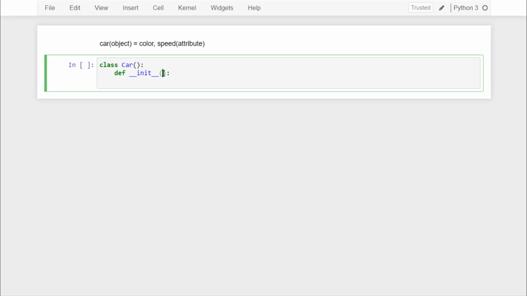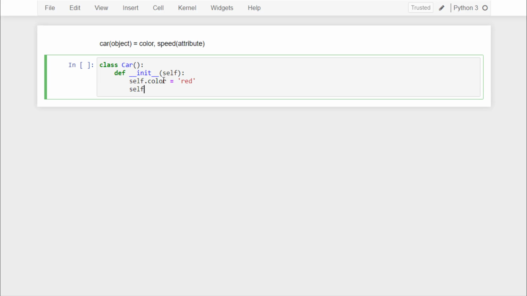This function takes a parameter called self. I will talk about this init function and this self parameter later on, but at first we will understand about this attribute. So I will say self dot color is equal to red and self dot speed